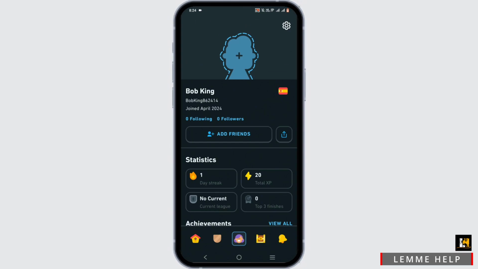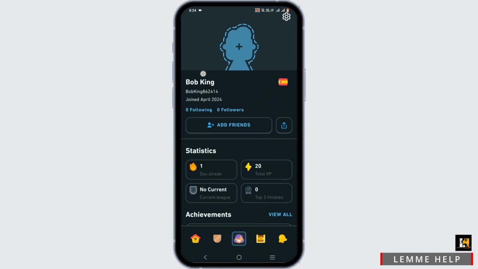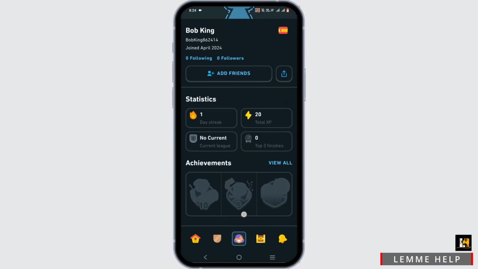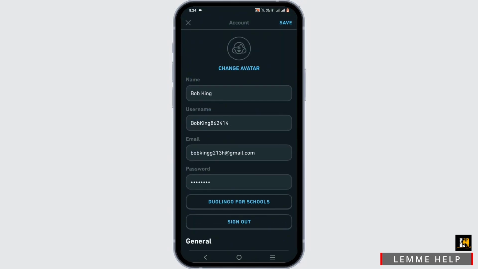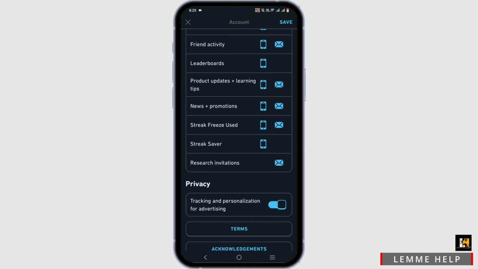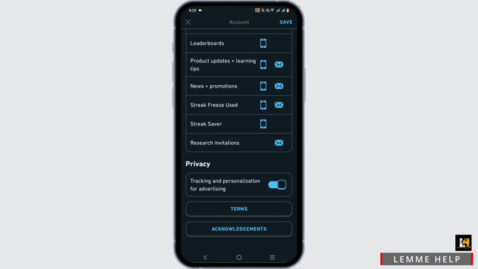Once logged in, at the bottom, tap on your person icon in the center. Then this is your profile, and at the very top you will see a setting gear option. Tap on it. So from here you have to scroll down at the very bottom until you see the option